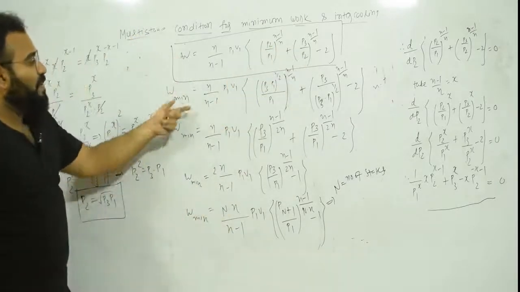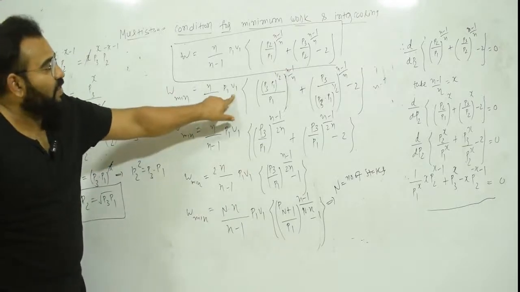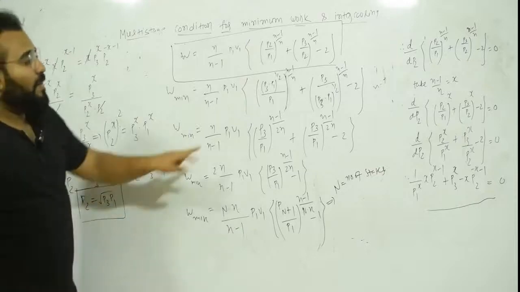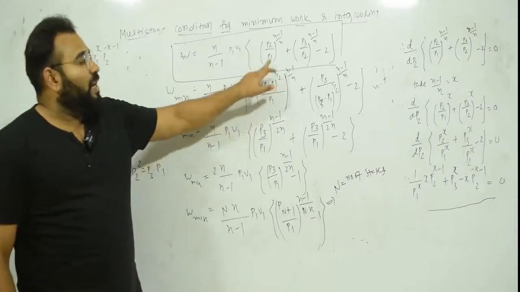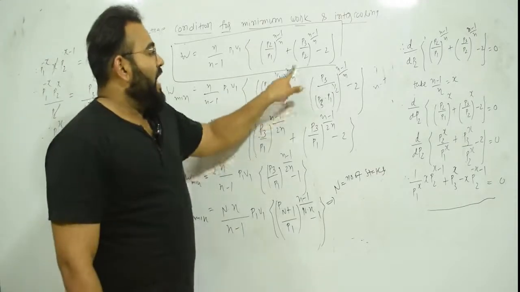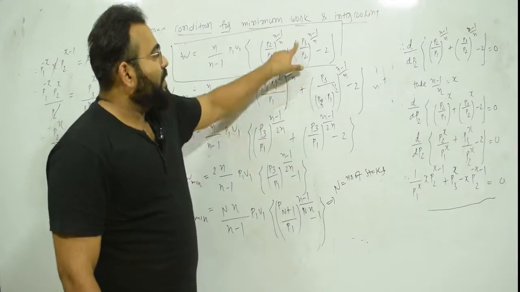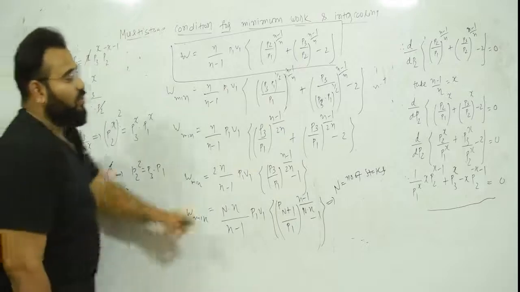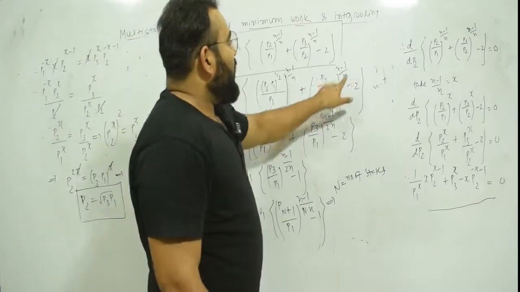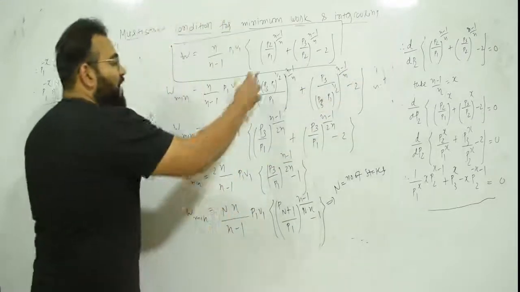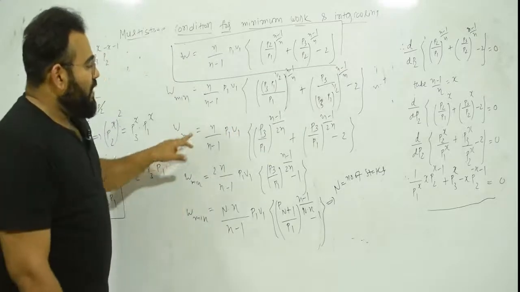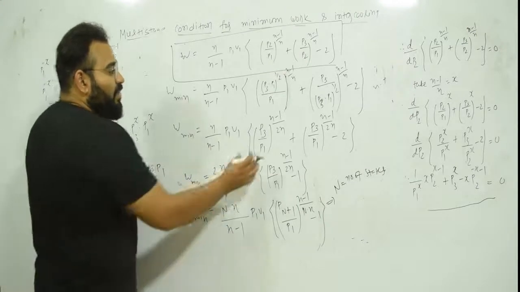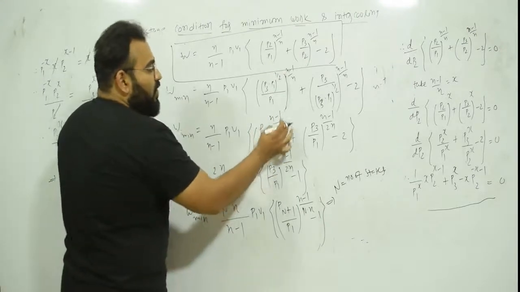So therefore W minimum is equal to n upon n minus 1 p1 V1. In place of p2 you have to write under root p3 p1. So that means p3 dot p1 raised to 1 by 2 upon p1, raised to n minus 1 upon n, plus here p3 as it is. In place of p2 you have to write p3 dot p1 raised to 1 by 2, raised to n minus 1 upon n. Now let us simplify it. So this W minimum equal to n upon n minus 1, p1 V1. This will become p3 upon p1, raised to n minus 1 upon 2n.